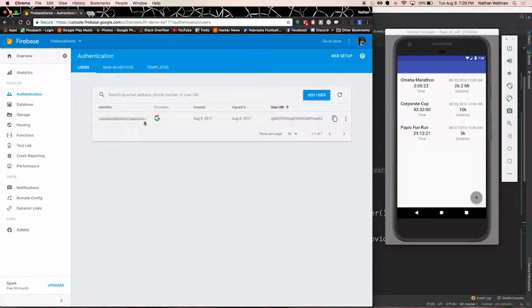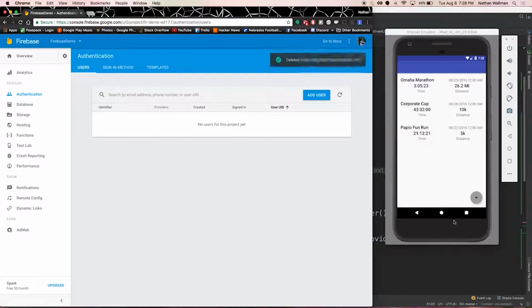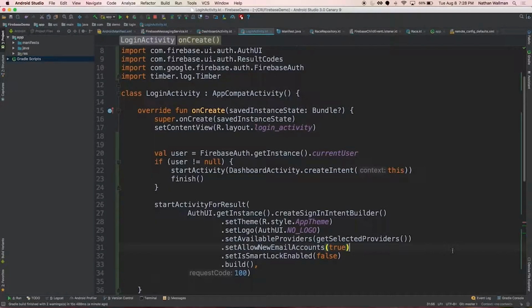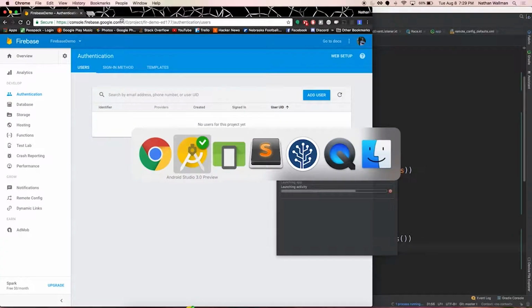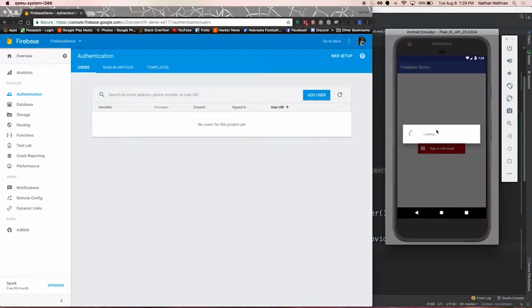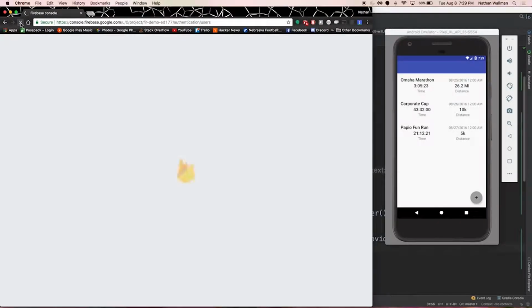But if I hadn't already had this user, actually let's try that, so you don't think I'm just making stuff up. Let me delete this account, and let me just restart this here. That app in the background looked nice. Let's see if this works. In theory, because there's no user. Okay, I'm not sure how that's working. That's all working out of the box with Firebase.